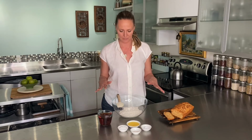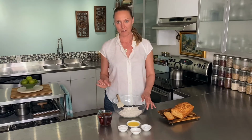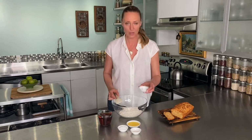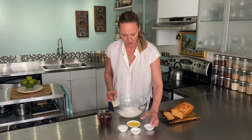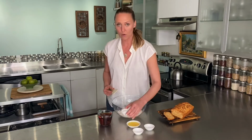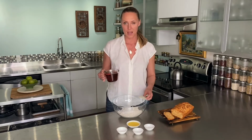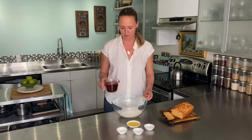Let's jump right in. First off, preheat your oven to 375 degrees on bake. Then you're going to add 3 cups of flour to a large bowl. Then we're going to go with 3 teaspoons of baking powder, 1 teaspoon of salt, 1/4 of a cup of sugar, and then our beer. This is a brown ale, 12 ounces, which is a cup and a half,